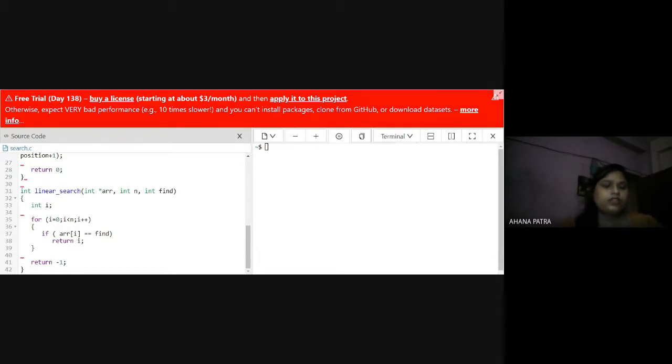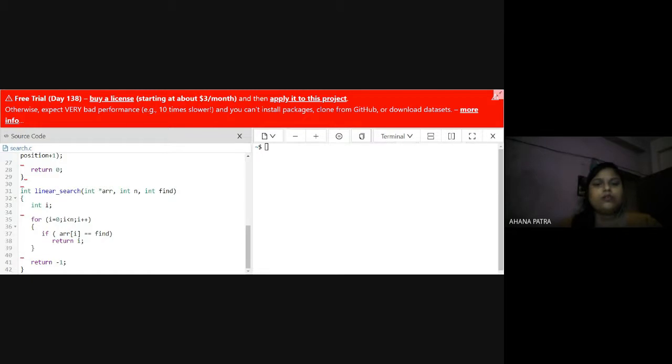If not, it increases i plus plus, and goes on. If no data is found, it exits the for loop and comes to the return statement, return minus 1, and goes to the main function. If it is found, it returns there and comes to the main function.